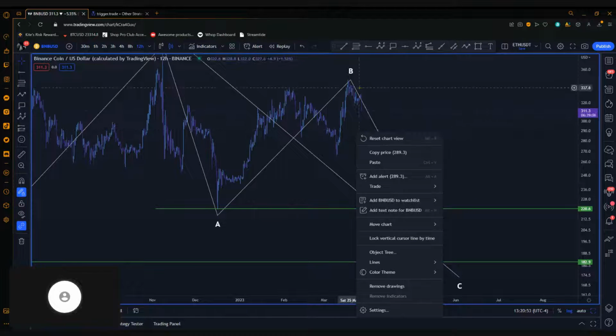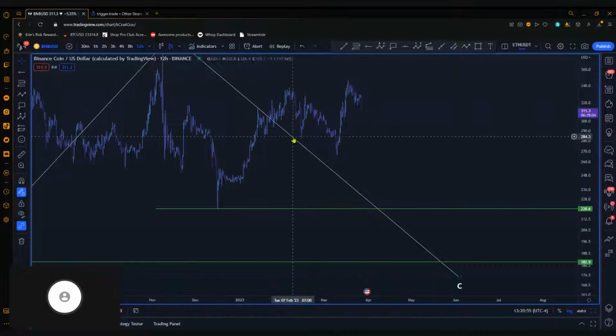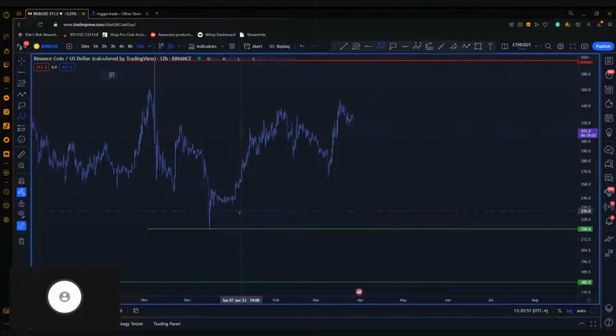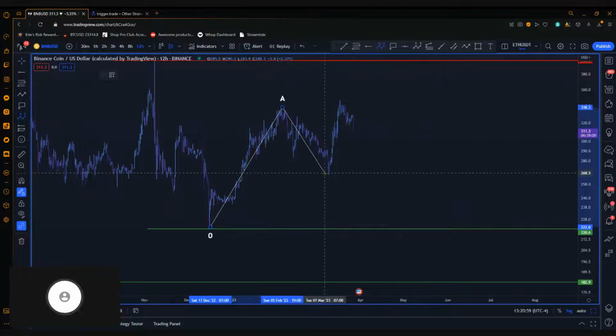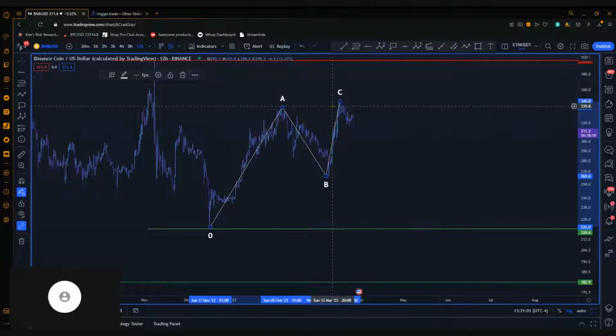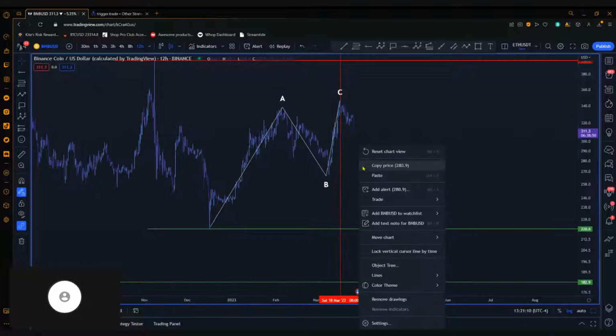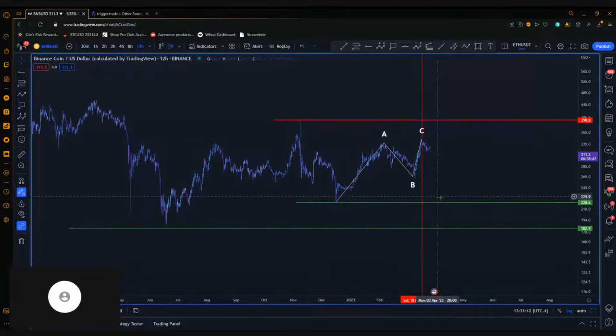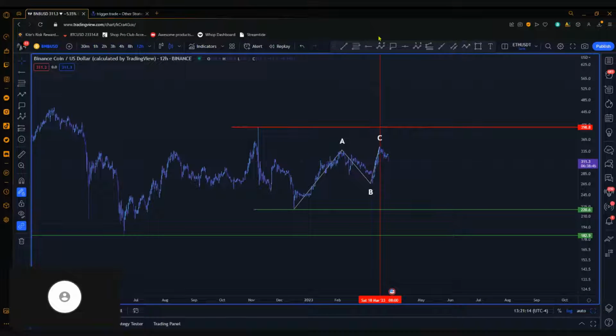I really don't see anything because you have to keep this in mind. This ABC, all right, once an ABC is completed, I pretty much look at everything from here on out, unless it's okay. I wouldn't say unless, especially if it's on a larger scale. To me, this ABC is definitely on a larger scale. Now, regardless, if you think that this is going to be a larger A to a B to a C scenario,